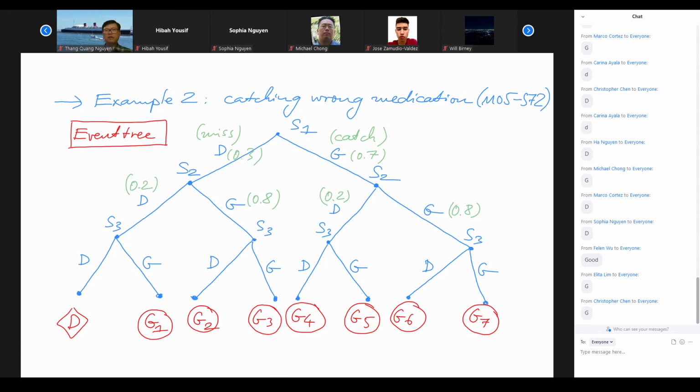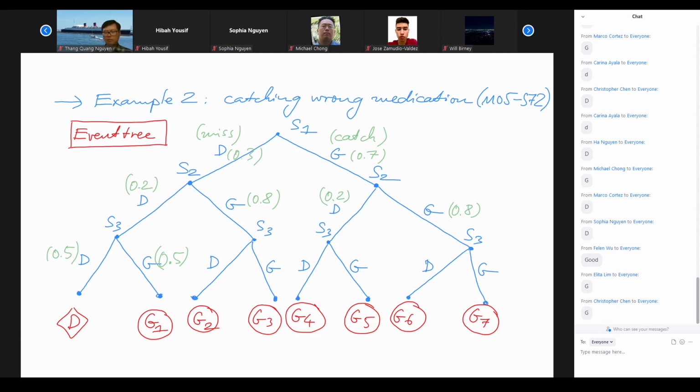And then at the third stage, we catch the mistakes 50% of the time. So the 50% catching is right here, and the missing is the remaining, which is also 50%, right? It's just a coincidence that we have 50 and 50%. Okay, and beside those, you can put all the 0.5, 0.5, 0.5, 0.5, all here, right? They are consistent with what we have in the first instance right here. Okay, so right now we have the complete tree that shows all the possible events or the possible outcomes through the process,